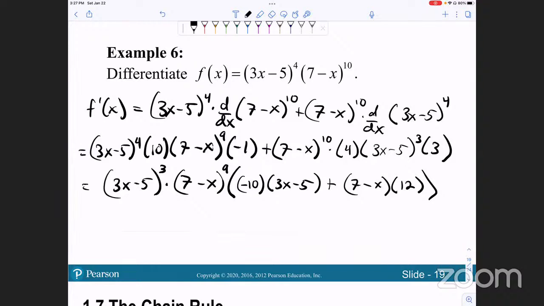Okay, so then what I'm going to do is expand and combine like terms on that second part. These first two, I'm just going to bring them down. 3x minus 5 cubed. X. Why do I keep this in the minus? It's so weird. 7 minus x to the power of 9. Okay, so then we're going to get negative 30x plus 50